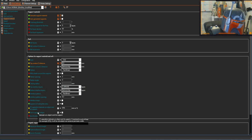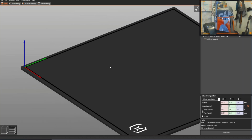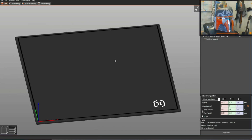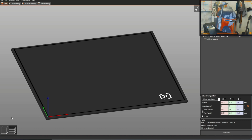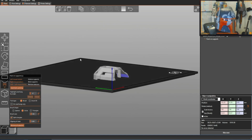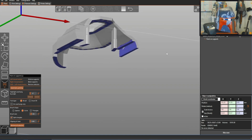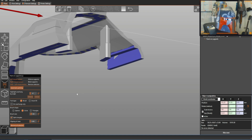Okay, let's see why. All right, I don't know why that's not there. There should be a density setting because otherwise it's just going to give you a, whoa, what happened? Where'd my model go? Why is my model not showing? Okay, here we go. All right, so something else to be aware of with painting supports is that sometimes